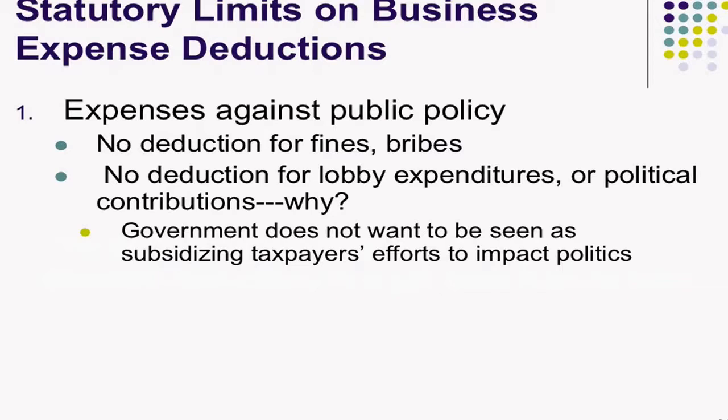It's certainly happened with overseas activities. When corporations keep money offshore, that's a behavioral change precipitated by the tax code and what it would do to those companies if they brought income back into the United States. So they don't do it. The example that I have here on the slide, fines and bribes. If you're working overseas, you're an overseas corporation, and we all know this, we're not naive, that in many parts of the world, bribery is just a part of doing business. It's the way things get done.